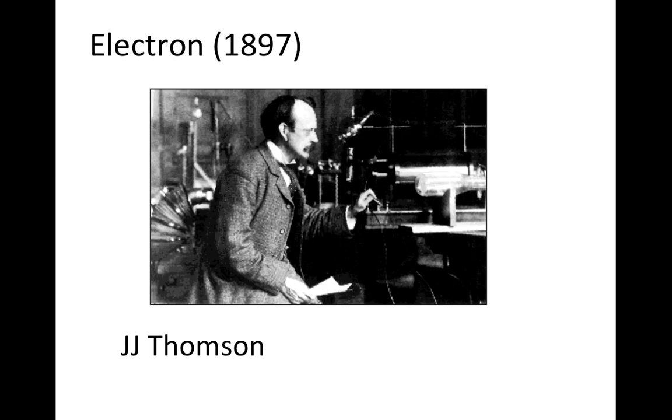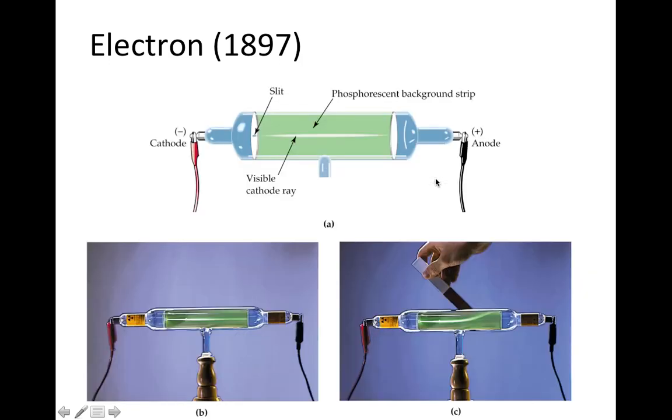In 1897, J.J. Thomson uses this piece of apparatus here to discover the electron. Basically, this was a very exciting time. Röntgen over in Germany was just discovering X-rays, and people had discovered these things called cathode rays. They were called that because they came from the cathode, the negative end of an evacuated chamber, and when it was charged, you could make these things visible by putting a phosphorescent background strip on, and you can see a picture of it in action.